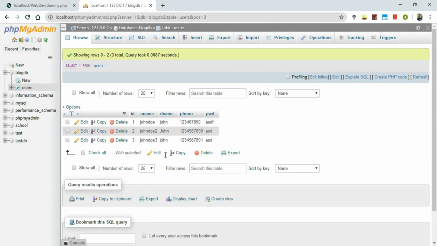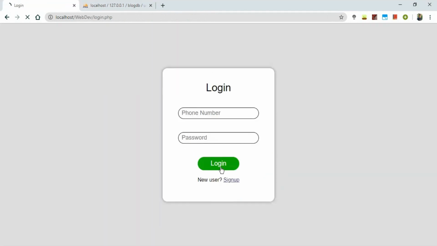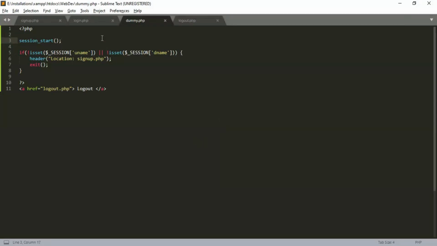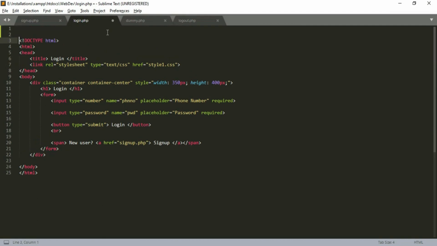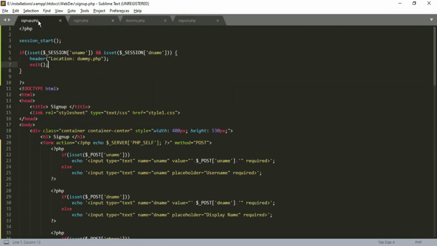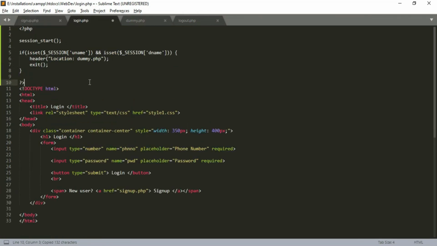Let's now go to the login page. This is comparatively simple. Just like we did in the previous sign up, we just copy paste them from there. The form action and the PHP code is the same.